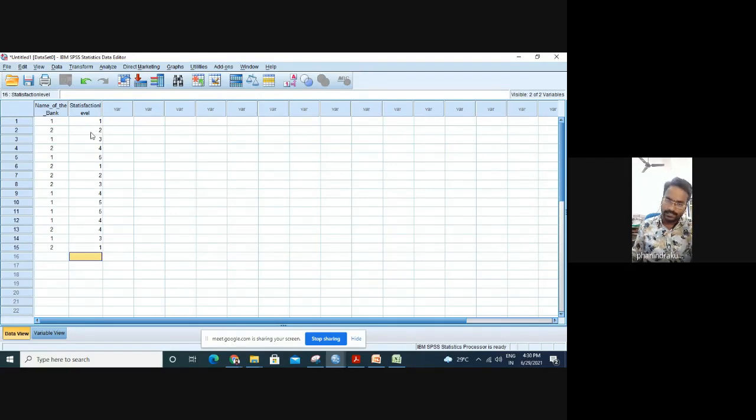Then I have entered the data. I have entered the data for 15 responses. It means 15 people have responded to me, and I entered the data for 15 responses. What you need to do is, first, we need to make a frequency table over there so that we